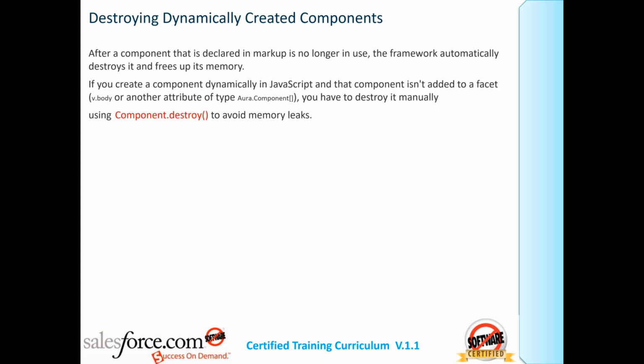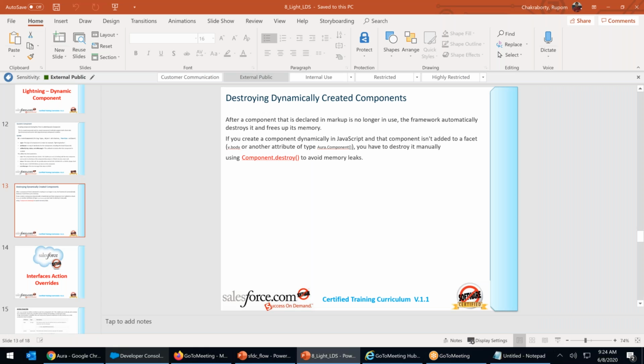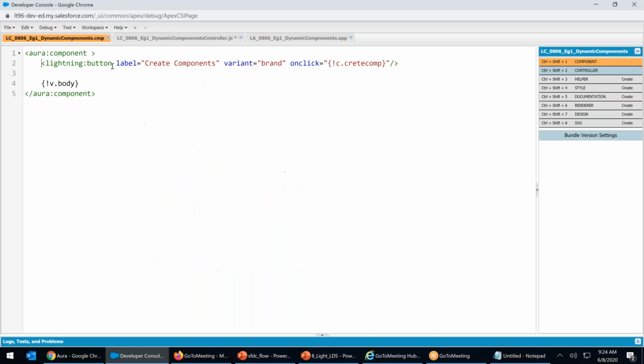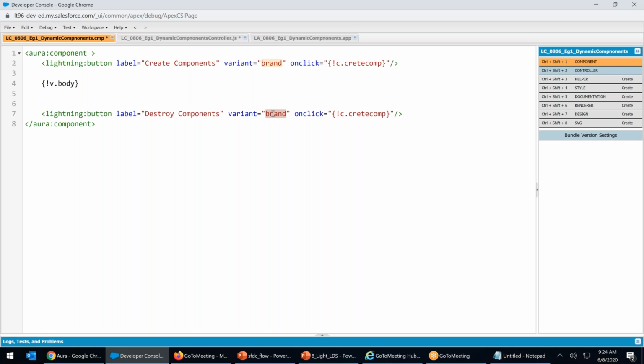Once the calculation is over, once the button has been called, the action has been called, my work is over. I need to destroy these components. You can destroy them by using the keyword component.destroy. Let's go ahead and do that. I'm inserting one more button, Control C, below the body. I will say destroy component. Destroy component. I will say brand, variant equals destructive, right? Control S, if the spelling is correct, it's all good.